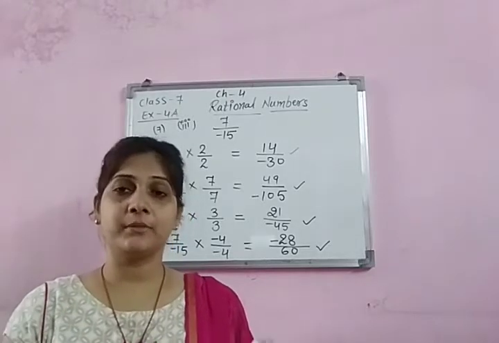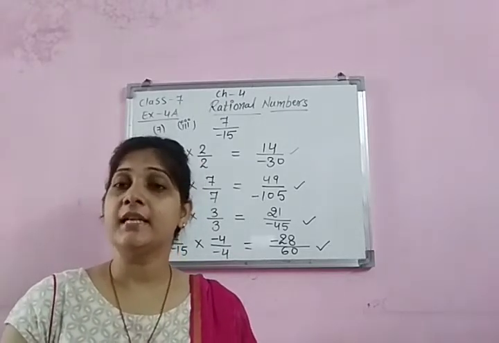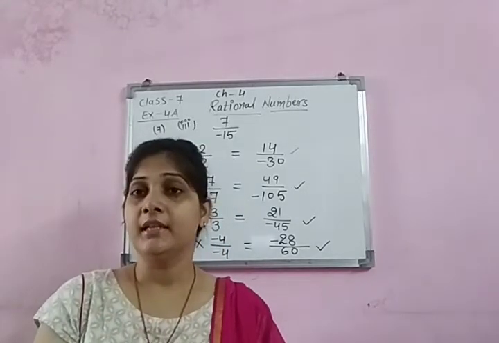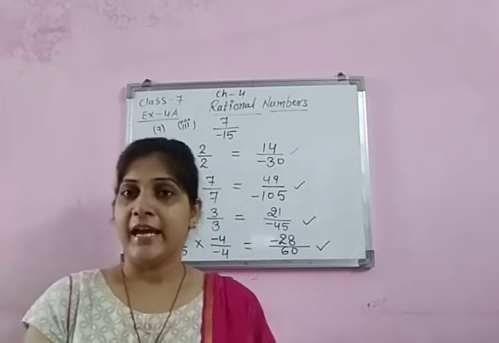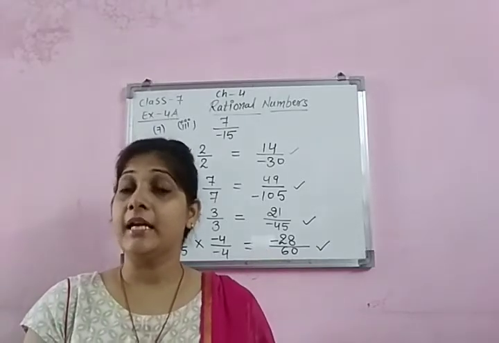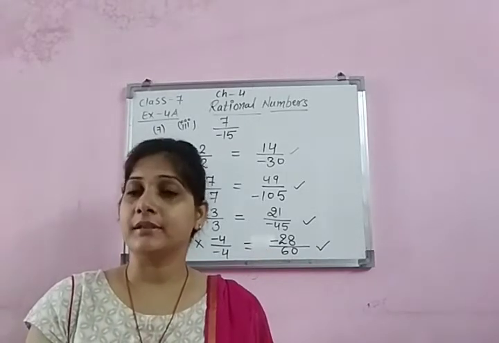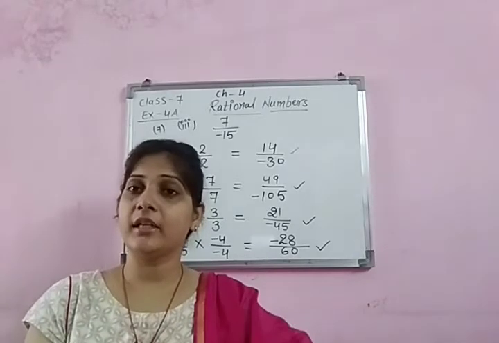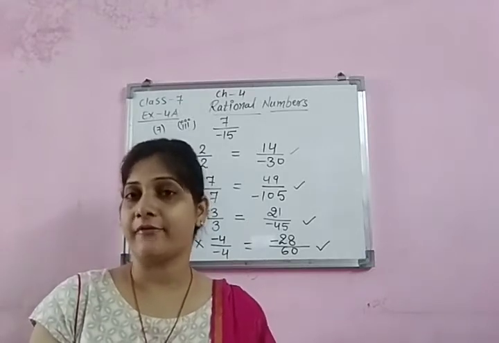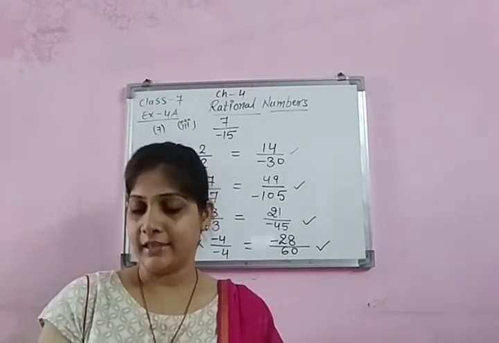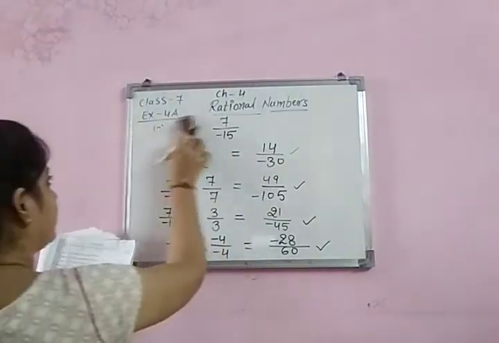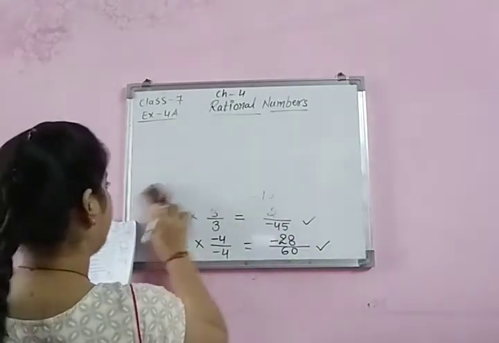Now from question number 9 to question number 17, again you have to find equivalent rational numbers, but this time the conditions are given, like what the numerator should be. Actually, here you were taking the number according to your choice, by which we have to multiply. But now you are bound: it is given that the numerator should be this. So you have to see by which number you have to multiply, by which number you have to divide. So let's start to learn this type of question. I'm starting with question number 9 onwards.